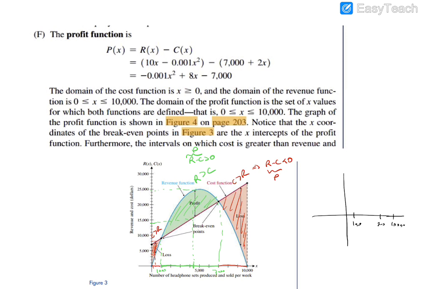So as you see here, between 0 and 1,000, profit is negative. So at the point 0, this is 0. So by increasing, it goes to 0. Maybe this is parabolic again. I don't know. Actually, I know this is parabolic because of the revenue function. So it increases. Somewhere, I don't know where, it makes the maximum profit. Okay. So it makes the maximum profit and turns. And again, at 7,000, it reaches 0. And after the 7,000 production level, it makes a loss again. So it goes negative. It is a negative value.